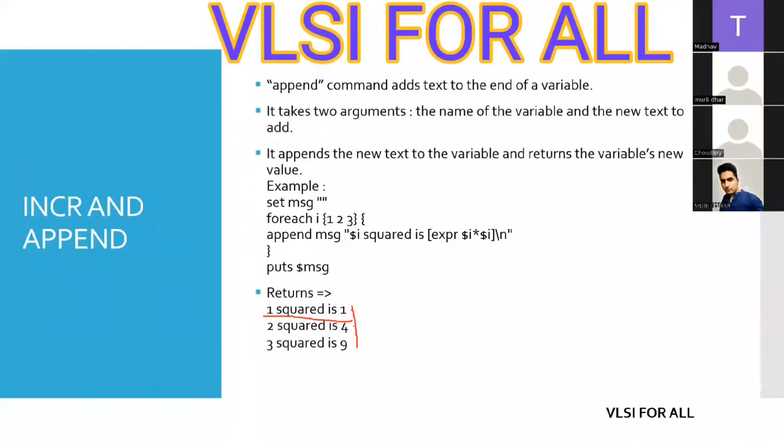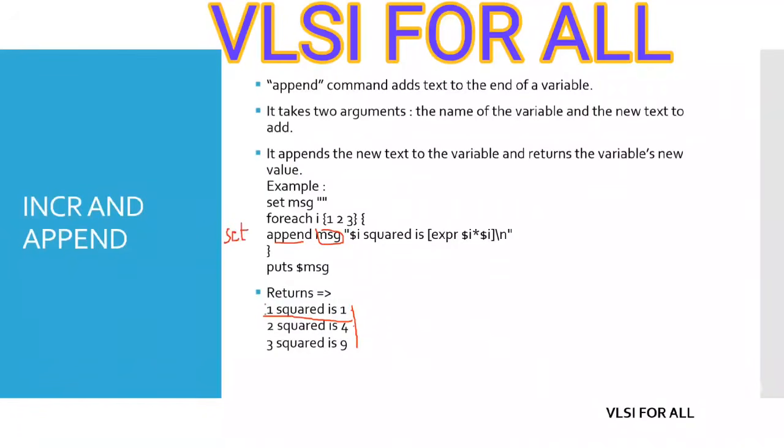If message was not set by using the append command, if it was just a set command, what you're saying is right. The similar result we would see. If it was a set command, we have to keep the puts command inside the foreach loop and the curly brace has to be here. But because it's an append command, it's going to hold all the values in a single variable and you have to print it only once after the end of the foreach loop. Is that clear?